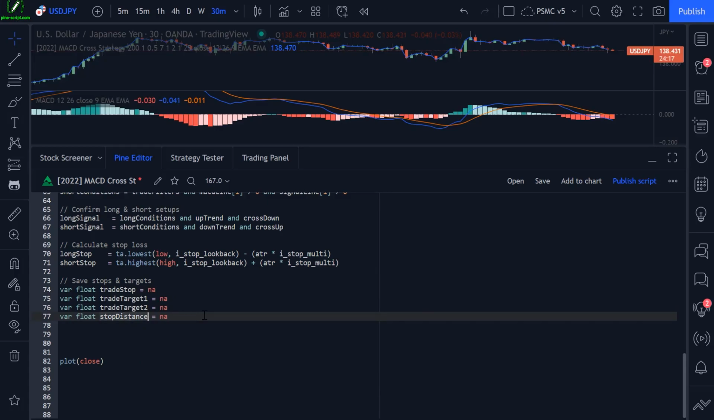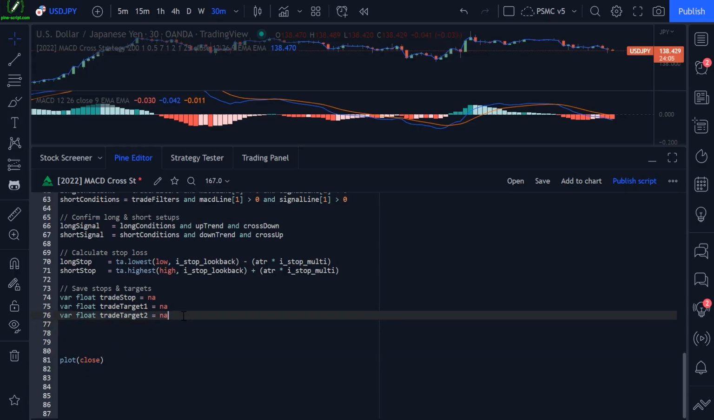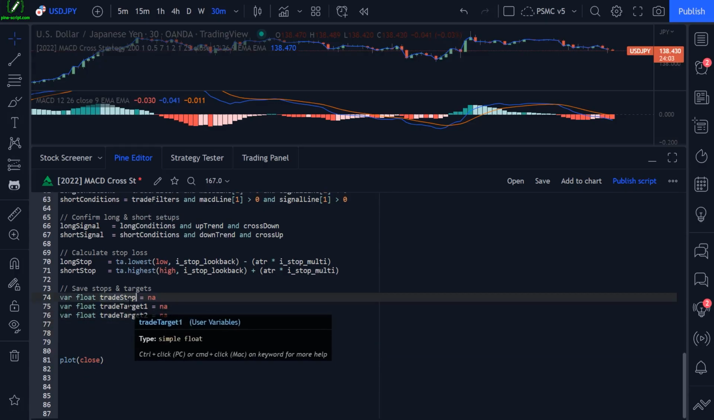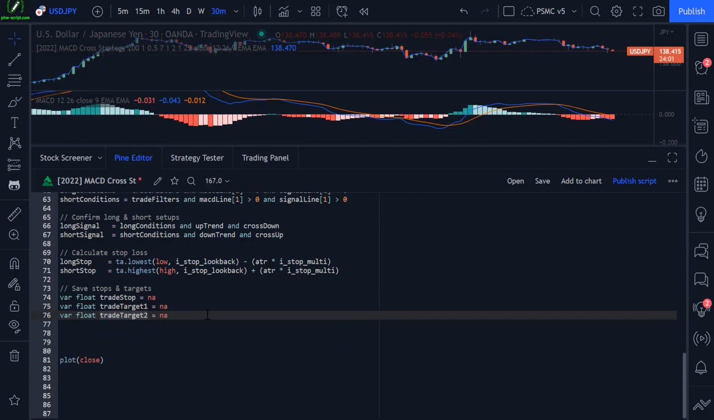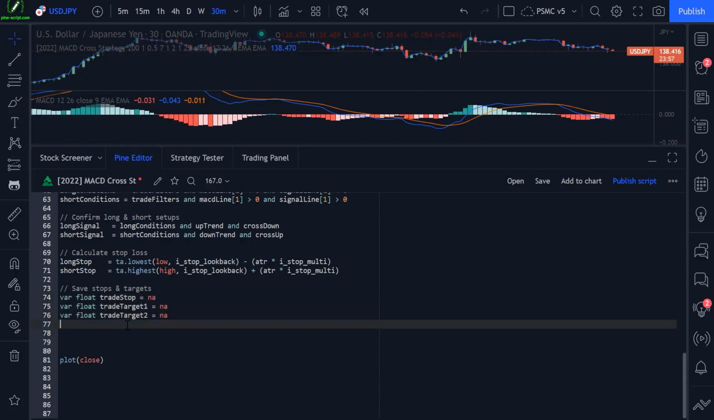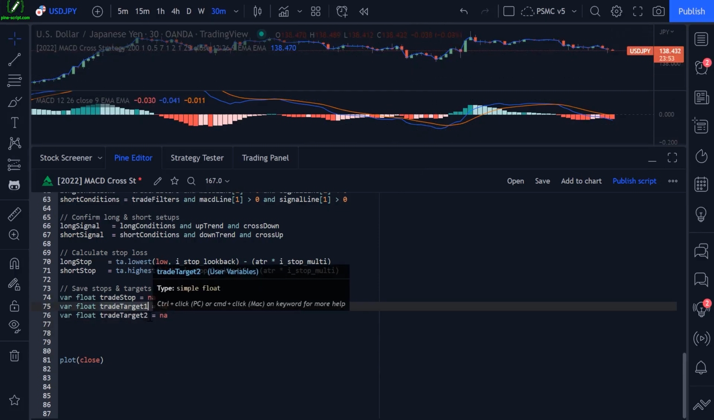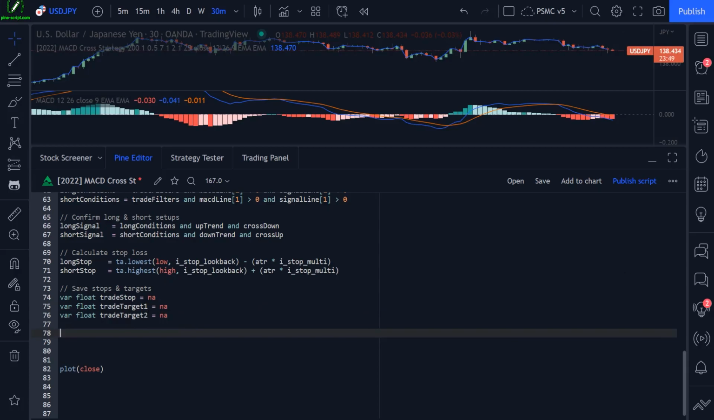Now, stop distance, we don't really need stop distance to be saved. We only need these three variables: trade stop, trade target 1, and trade target 2. These will all be overwritten with the current trade's stop loss price and take profit prices, because there were two targets. Right, so now that we have that,